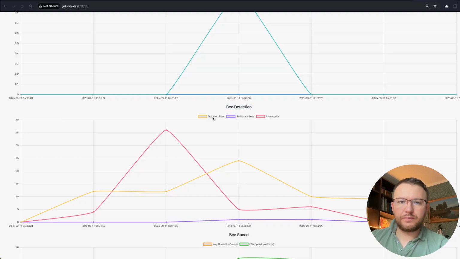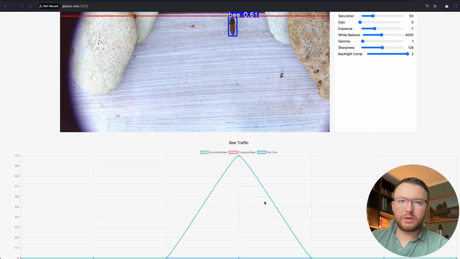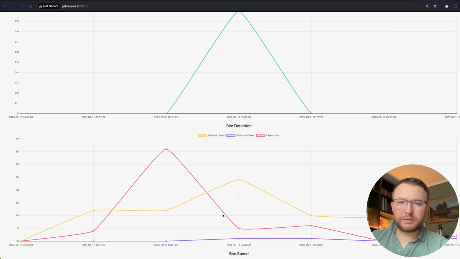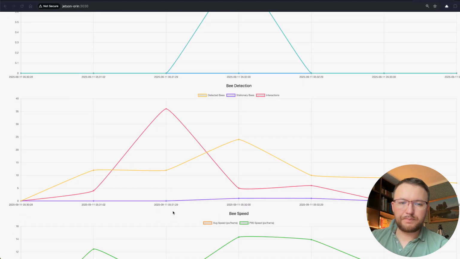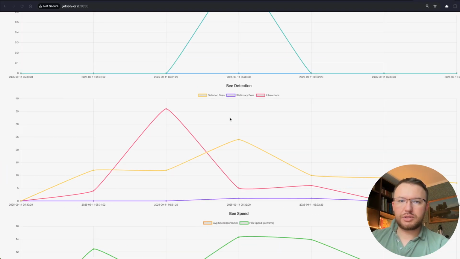So we just count how many bees were detected in this frame within a certain period. So we take snapshots. This time, delta time, is 30 seconds. So you can see that below. Every 30 seconds we measure how many bees were detected within that time, and we plot it on the